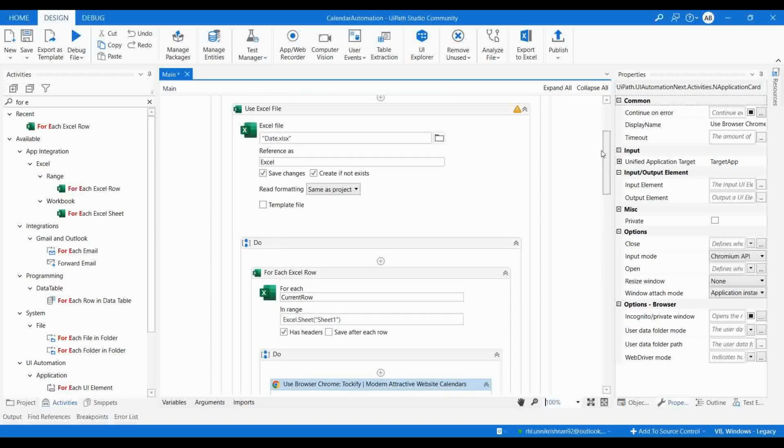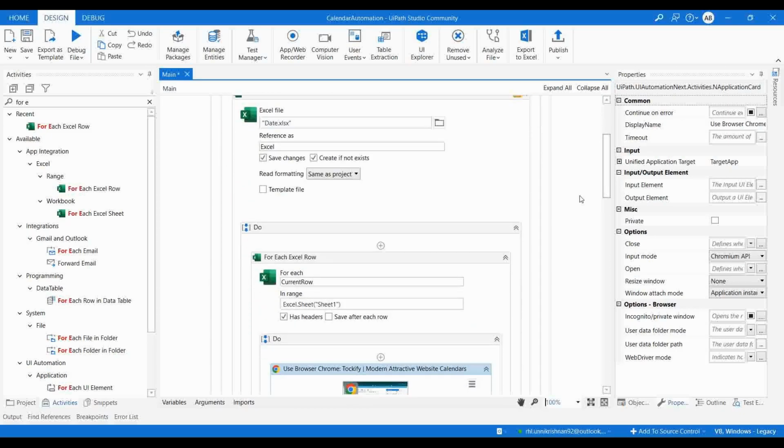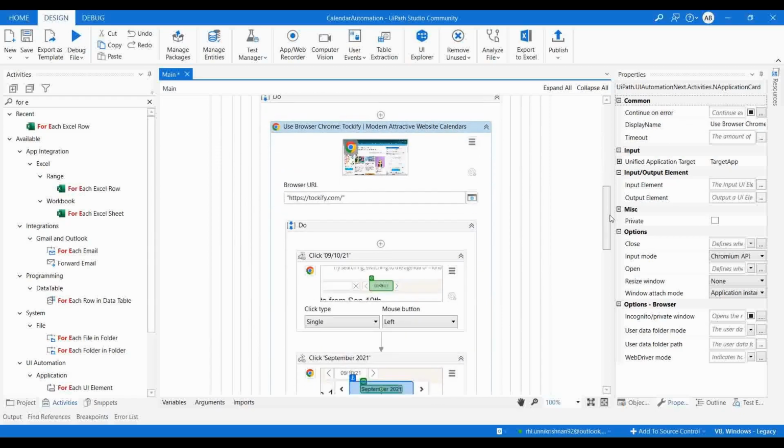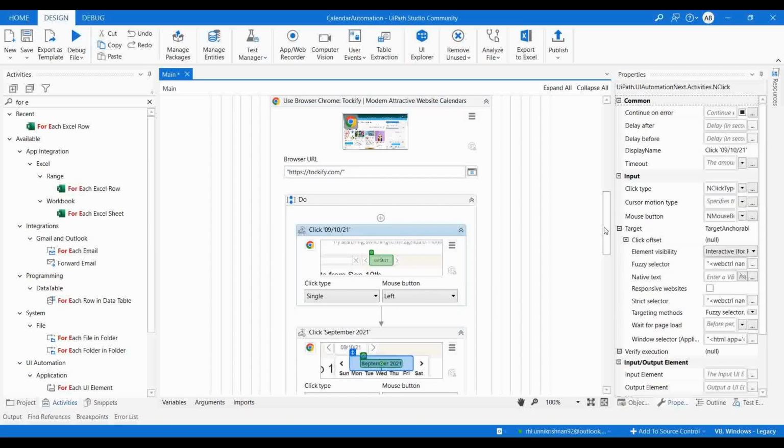So now you can see I have used the Use Excel activity and I opened our Excel date.xls. Then inside that I'm going to loop it as For Each Excel Row, and for the current row what I need to do, so I opened the website. Okay, so inside the website,